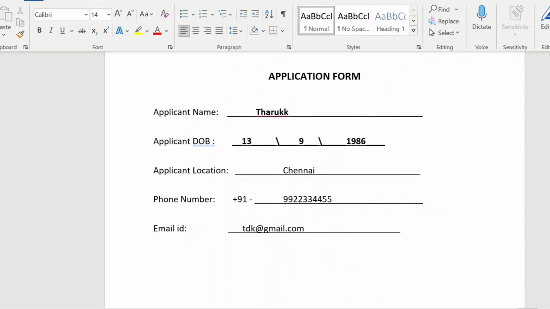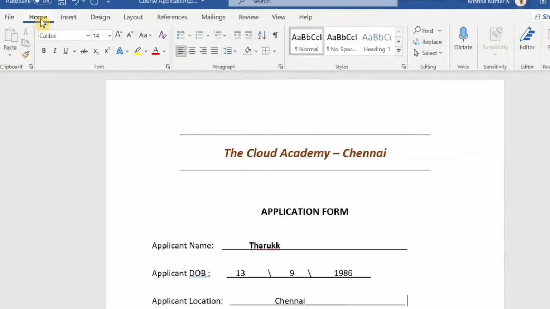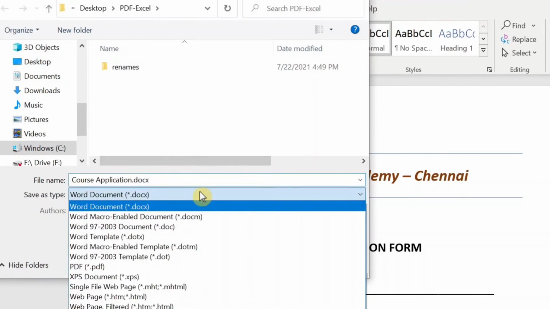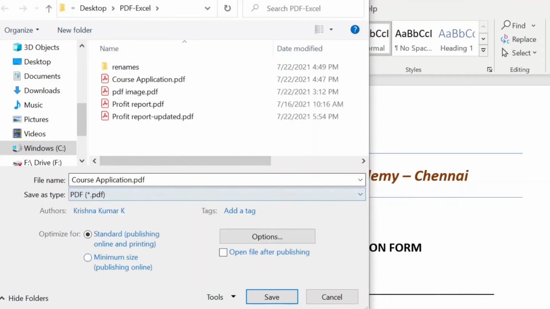Fine. So I am good now. What I need to do is just save this as a PDF. So I am saving this as a PDF, and I am providing the name.